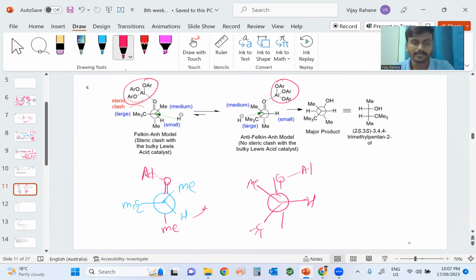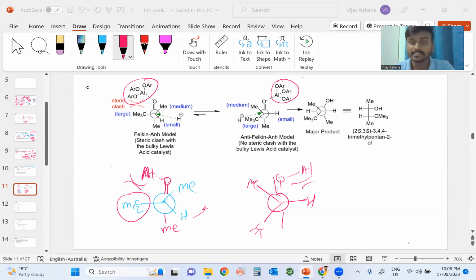So you can see here, if it is from the Al complex in this fashion, this CMe3, which is a bulky group, there will be a lot of steric interaction. But in this one, very little steric interaction takes place, and that's why this kind of intermediate will be the most favored intermediate here, right? And the nucleophilic addition, as you know, will take place from the side of the larger group,